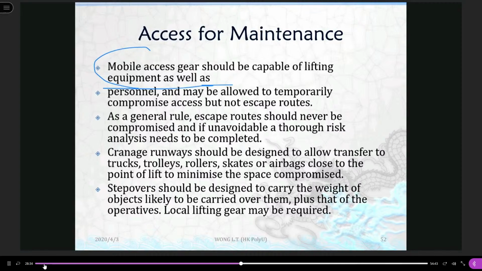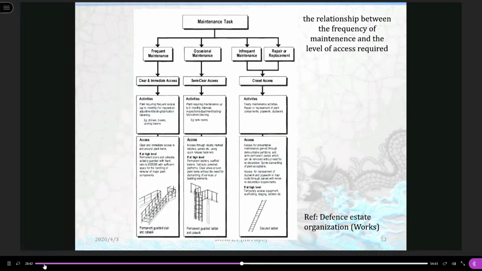Local lifting gear may be required for such circumstances. So in this maintenance task, there are some illustration examples of the relationship between the frequency of maintenance and the level of assets required. Just to give some examples to help us understand